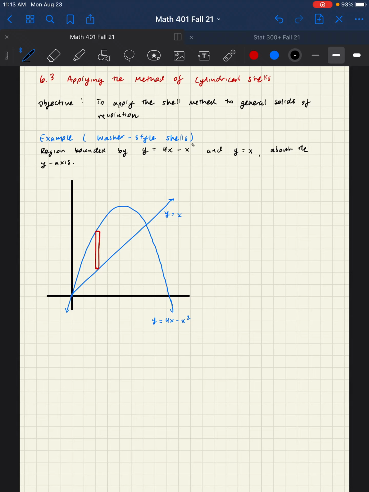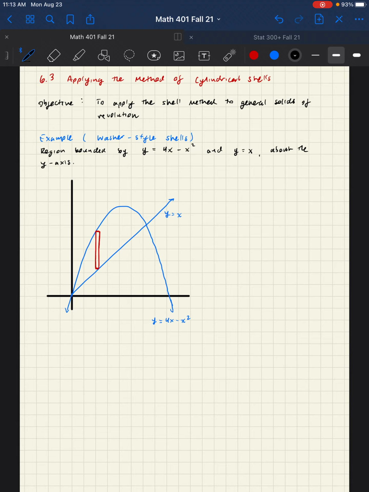In this example, we're looking for the volume of the solid of revolution generated by the region bounded by y equals 4x minus x squared and y equals x about the y-axis. To understand this, I drew already the region in the plane. Now, y equals 4x minus x squared is a parabola that opens downward, and y equals x is a straight line through the origin. And the region between them,